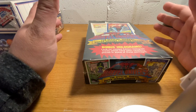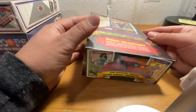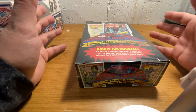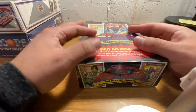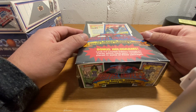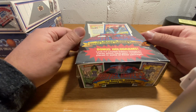So I think you've gathered by now, if you don't know the market, that what has happened is these have gone up significantly in value. With everything that's gone up in the past month, these went up a little bit maybe 4 weeks ago. I think they were a few $100s a box, which I was looking at going, oh wow, I paid $40 for these, that's a great deal. Well,